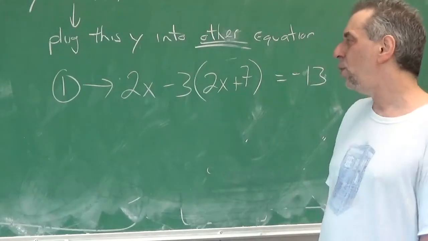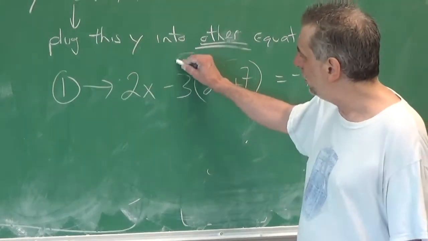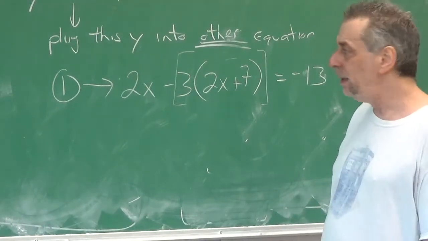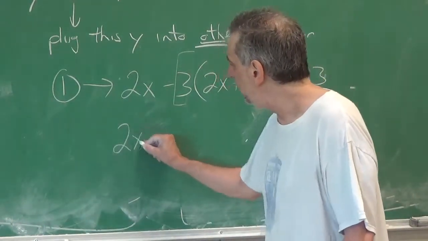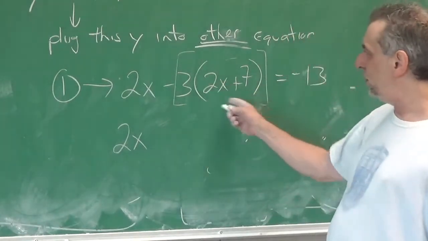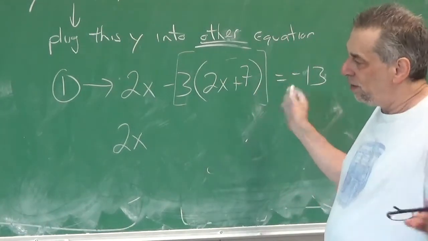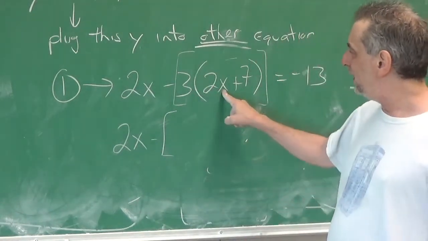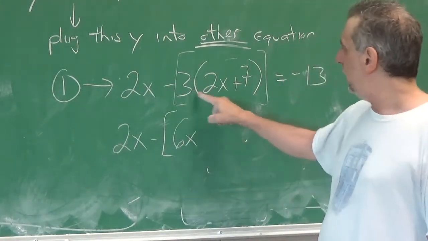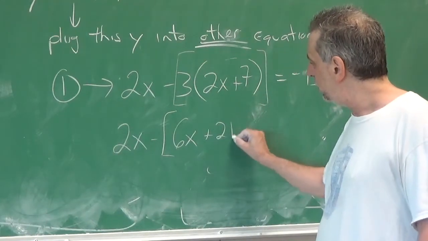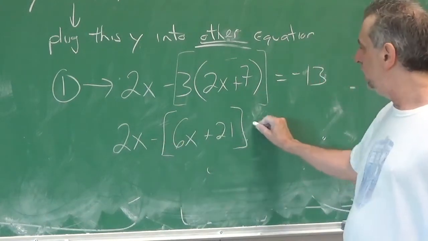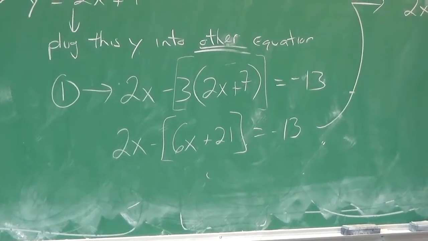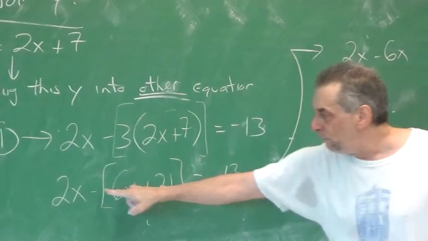Again, just be careful with your order of operations. You're going to do multiplication before you do that subtraction. These are where the mistakes come in with these problems. So we get 2x, and you could do what's inside first, or if you can do it all at once correctly, that's fine. I'm going to do it like this just to show. We get 6x inside here and 21. We're subtracting both of those, so we have 2x minus 6x minus 21